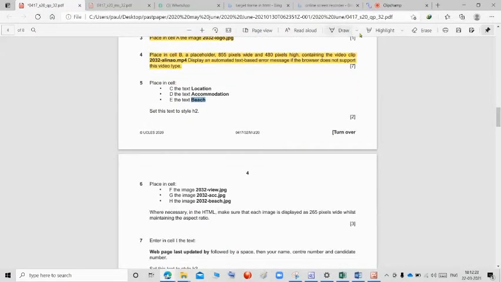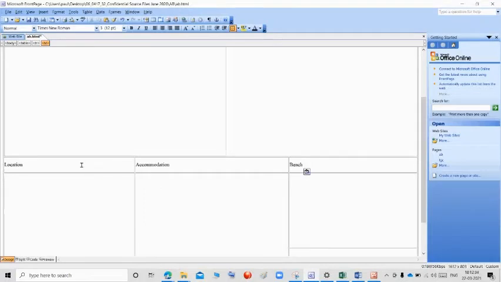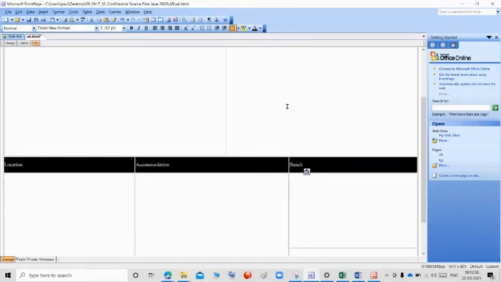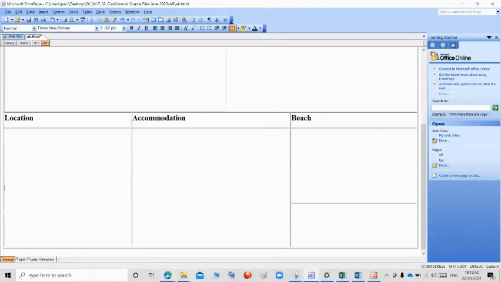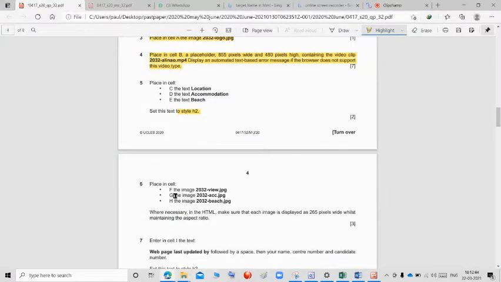Next, set this style to H2. So I am going for this three text and I am going to select the heading H2. Next, in F, we want to place the image 2032 view.